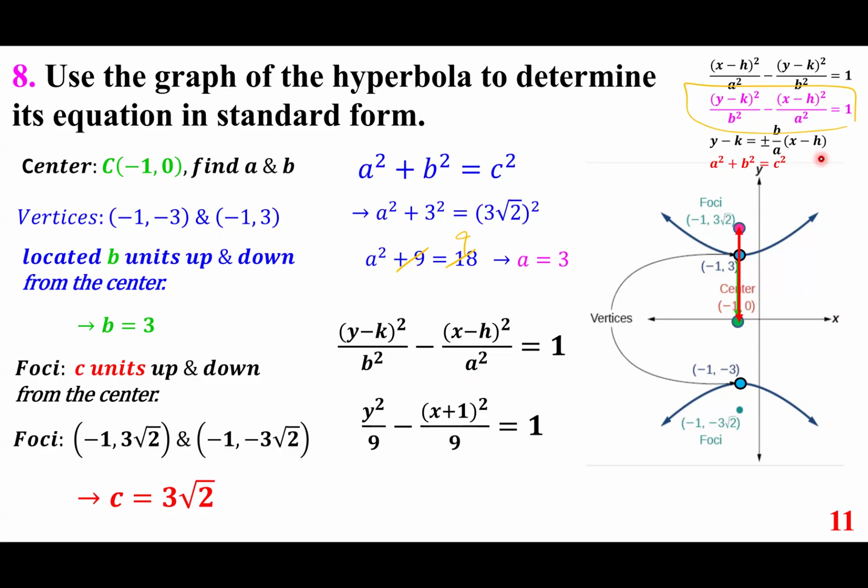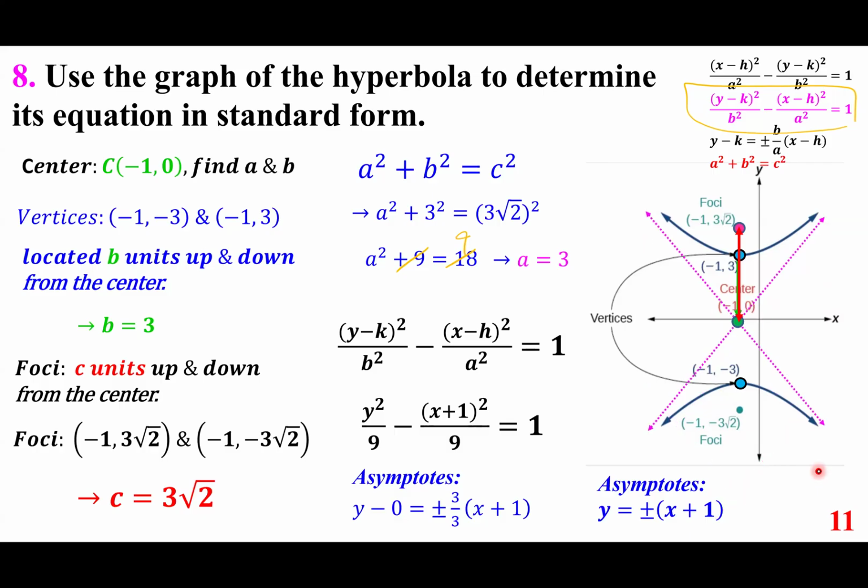You don't have to, they didn't ask, but just to remind you, y has nothing next to it, so y minus 0 in essence equals plus minus b over a, 3 over 3, times x plus 1, and simply put this is 1. So there are two asymptotes. One of them is y equals x plus 1. One of them is y equals minus x minus 1. So very straightforward, everybody. Okay. Here are the two asymptotes. And if you were to graph the fundamental rectangle, it looks like